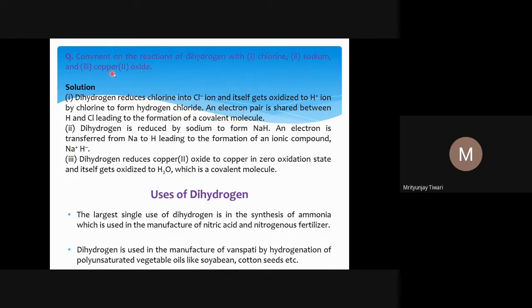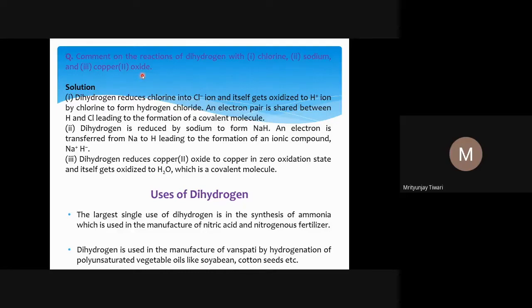And when dihydrogen reacts with copper(II) oxide, when you look at the electrochemical series, you will see that copper is below hydrogen. It means the reactivity of copper is less, that is, the reducing power of copper is less. In another way, if you look at the electron donating tendency, that is much easier to understand. The electron donating tendency of copper is less than that of hydrogen, so the electron donating tendency of hydrogen is more than copper.